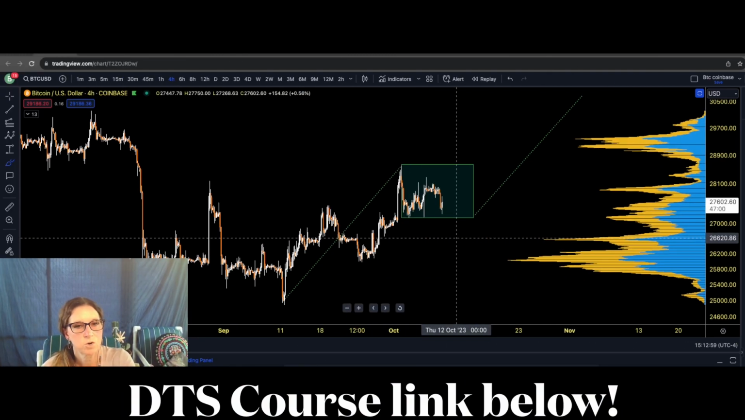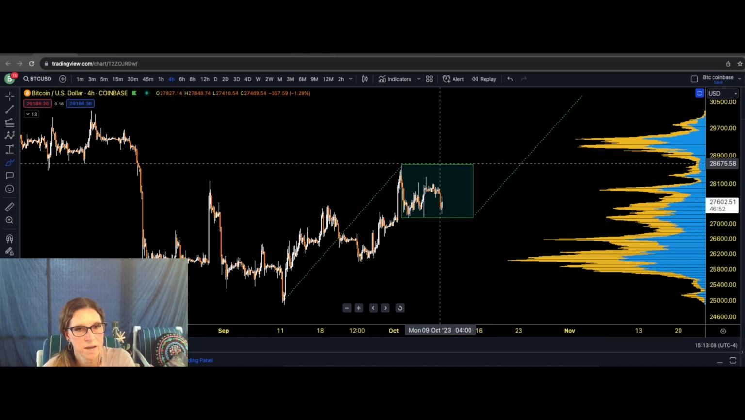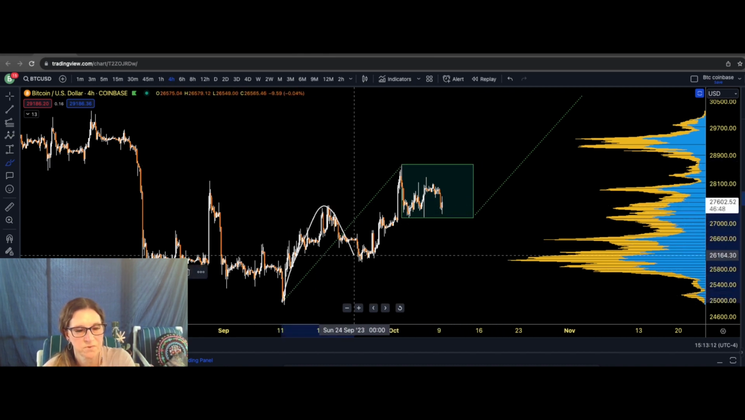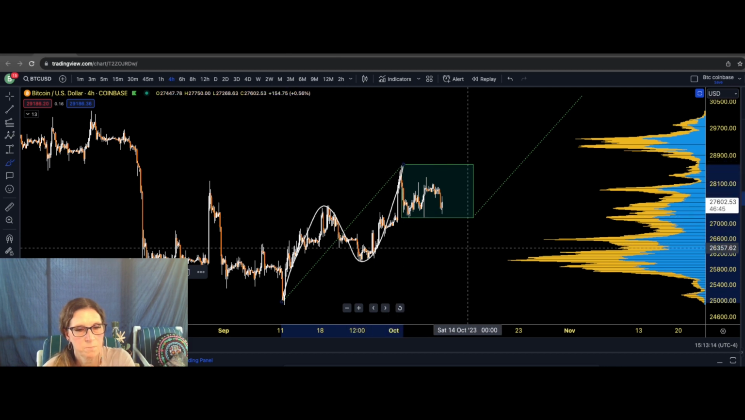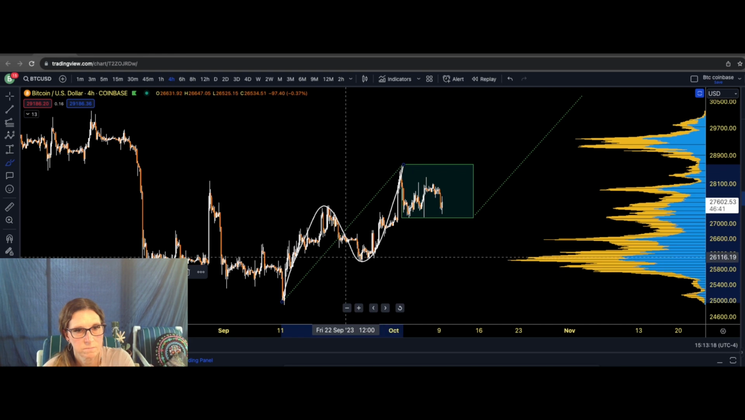All right, so let's go even lower and talk about what needs to happen. Currently, right now, Bitcoin has the chance to make a connector. Right now, we have a three-wave move to the upside. If Bitcoin can hold above 26,000, this low,